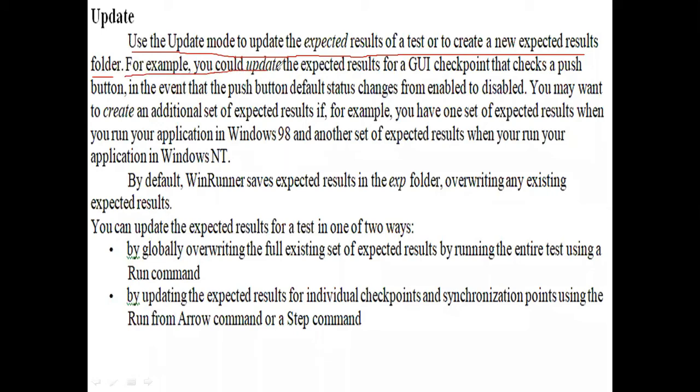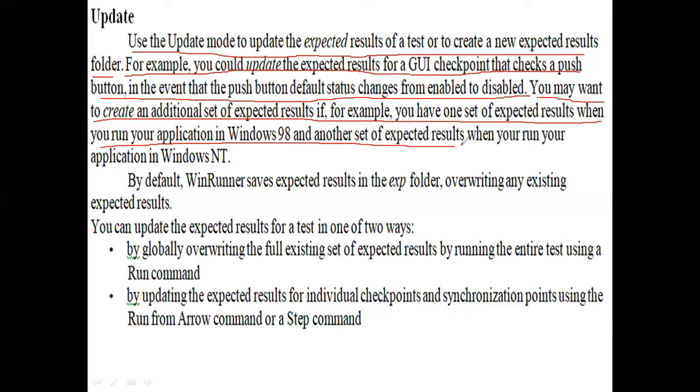For example, you could update the expected results for a GUI checkpoint that checks a push button, in the event that the push button default status changes from enable to disable. You may want to create an additional set of expected results if, for example, you have one set of expected results when you run your application in Windows 98 and another set when you run it in Windows NT.